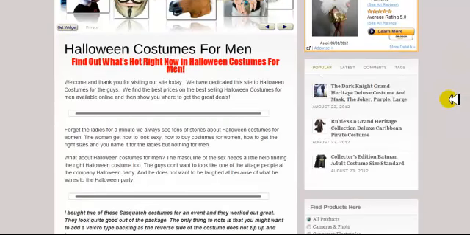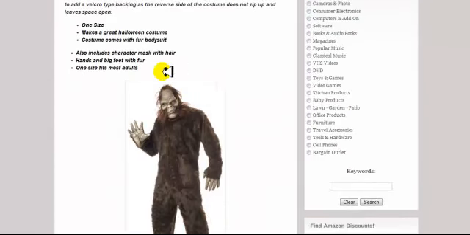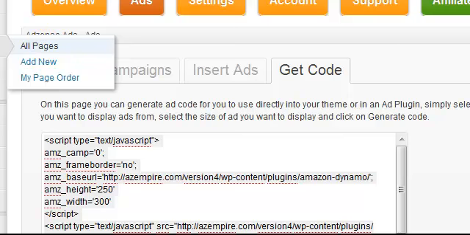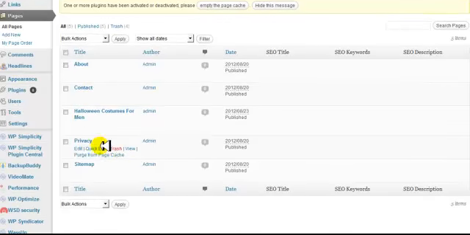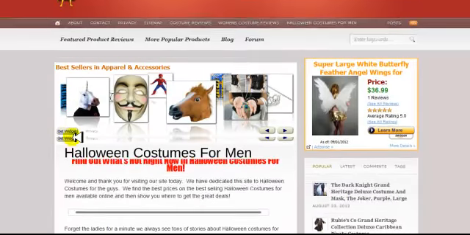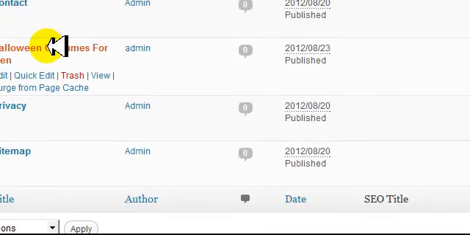Now, like I said, the home page is a static page. Okay. Now I'm going to show you where that page is at. So if you go to Pages, go to All Pages. Okay. You'll see your About, Contact, Privacy, and Sitemap page. This page right here is your home page. Okay. So if we go ahead and go into that page,